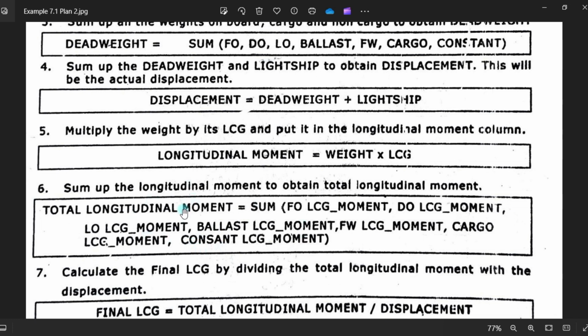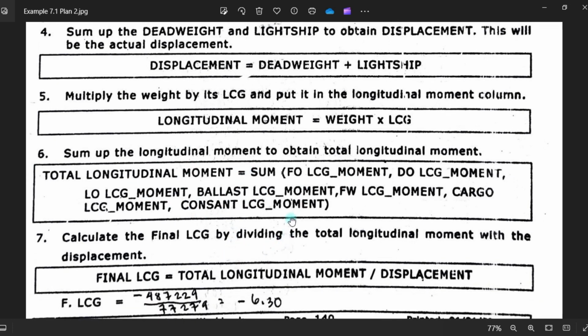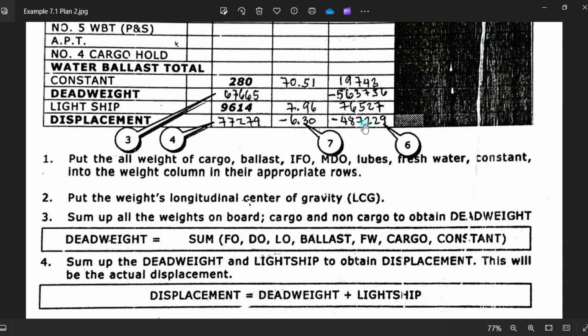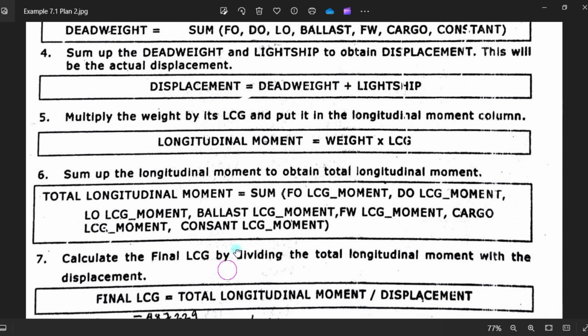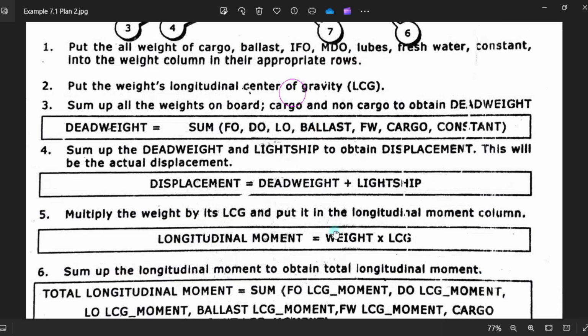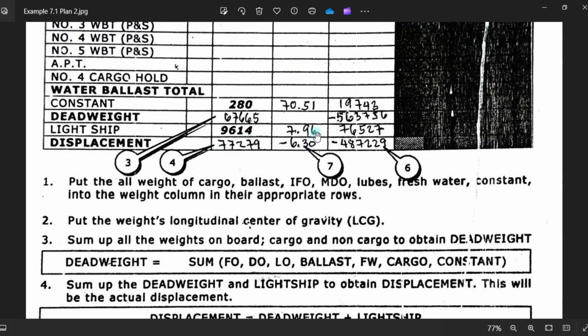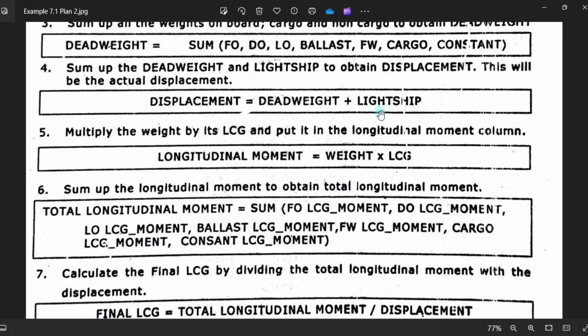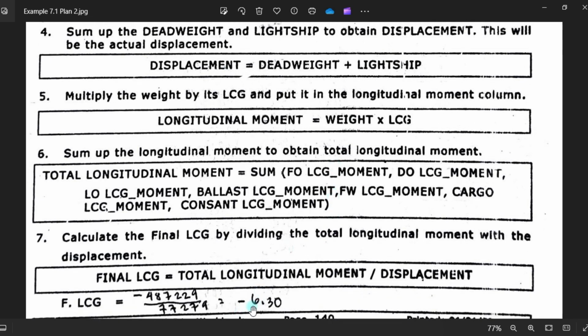so you just follow these formulas, guys. This is only your guidance. Then you see final LCG is total longitudinal moment over displacement. So here's the figure. Your total longitudinal moment is negative 487229, which is this one, and over your final displacement of 77279, which is this one. So your final LCG is negative 6.3. Okay, so final LCG is negative 6.3. Okay,